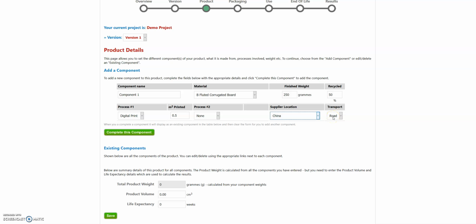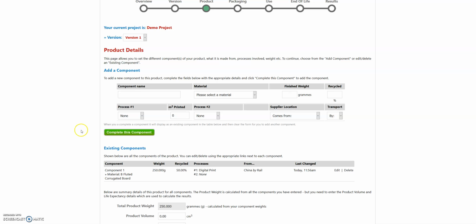Now this is an indicator tool. It sets a default transport mode and distance in the background. If you know that it's transported in a different way, so you may know that it comes by rail rather than road, you can put that in. You can't change the distances, so there's a generic distance in the background for the distance a material might travel within the same country. Once you've set all this information up, you click create this component or complete this component,